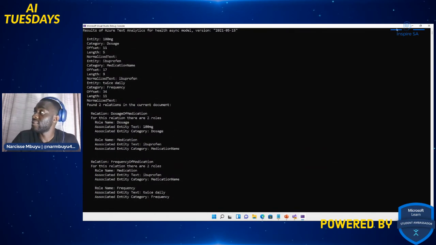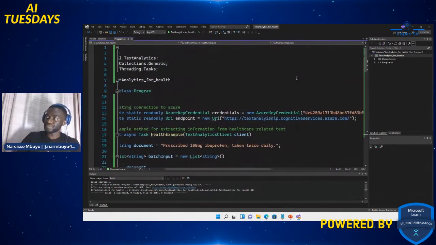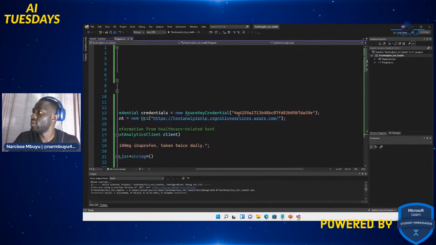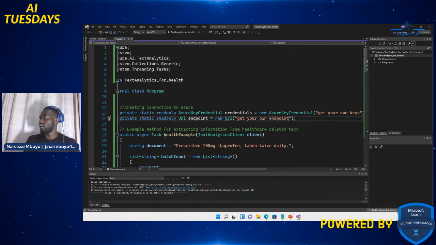If you want to create something for your doctor friends or someone who's studying medicine, these are the tools you can use to get started with, basically. And again, we'll leave it on our GitHub repository for you to have access to. Get your own key and get your own endpoint. So this one was a bit tricky. Like I said, we went from easy to hard. Get your own endpoint. I'm going to save it and upload it to GitHub so you can get started.